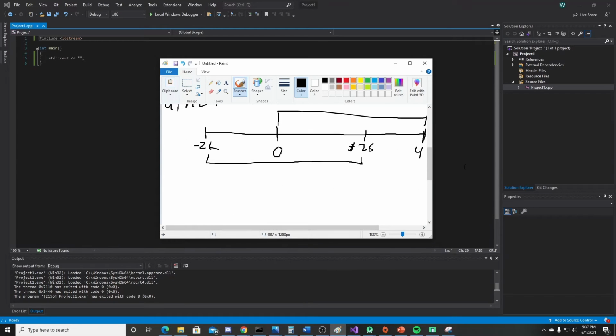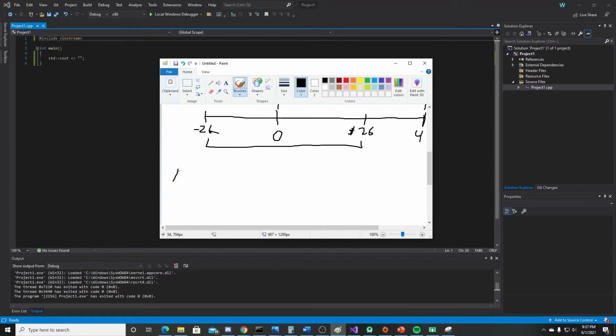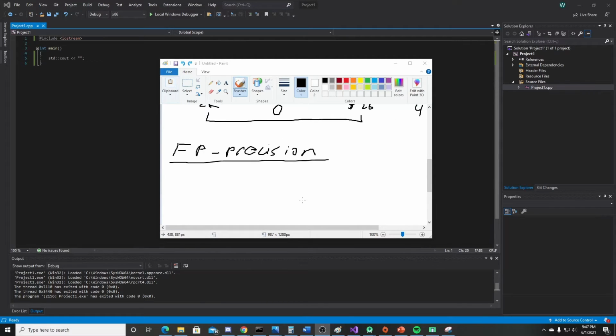But when it comes to floating point types, we're not so much concerned with the range of numbers they can support. With floating point types, remember, we're more concerned with precision. And by precision, we just mean the number of decimal places that a floating point type can support. Now, as a C++ developer, as long as you understand that C++ doesn't support unsigned floating point types, then you're probably good to go. But if you wanted to know the reason why, to summarize,